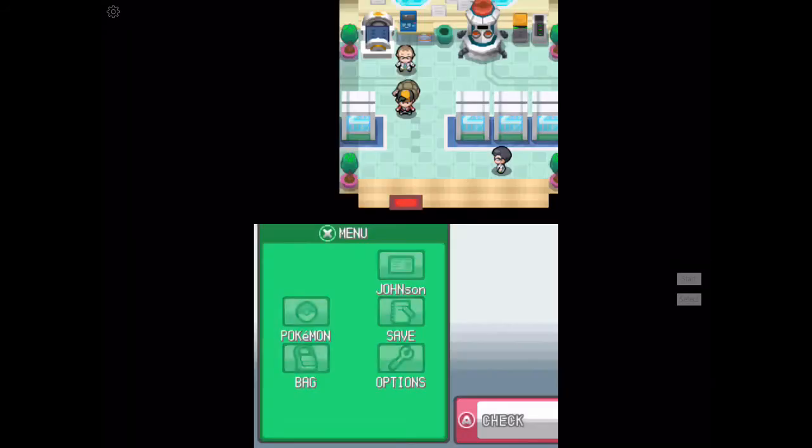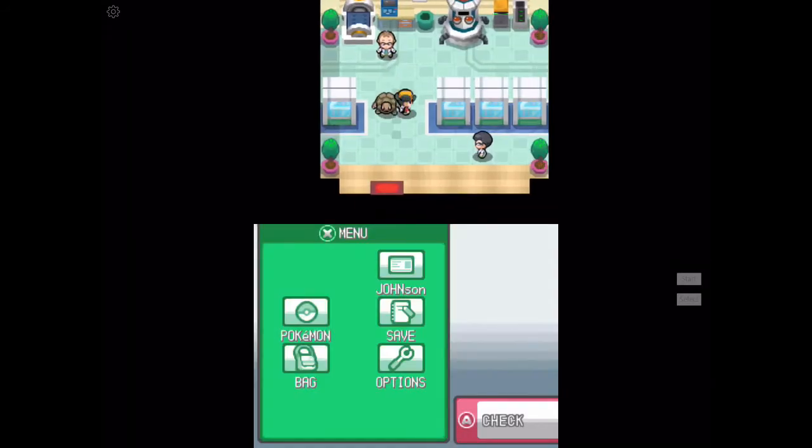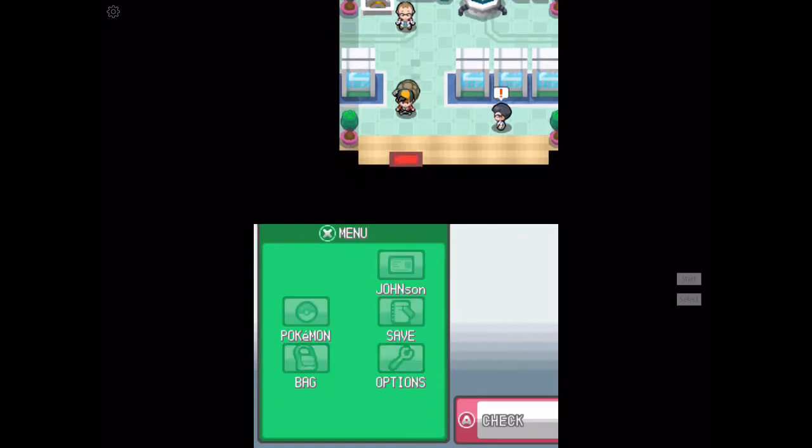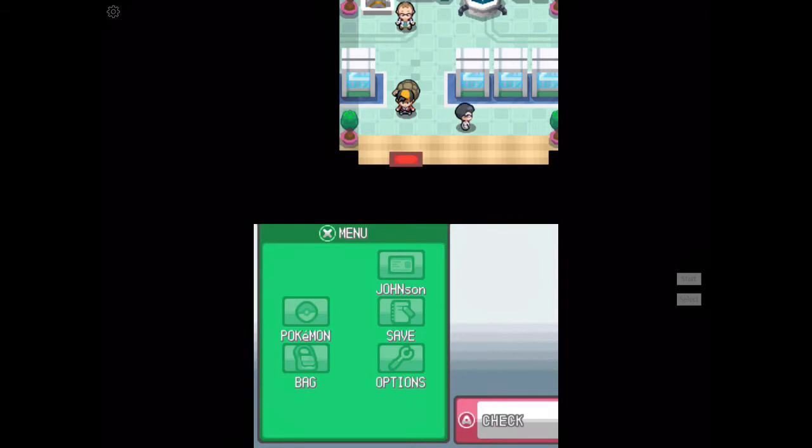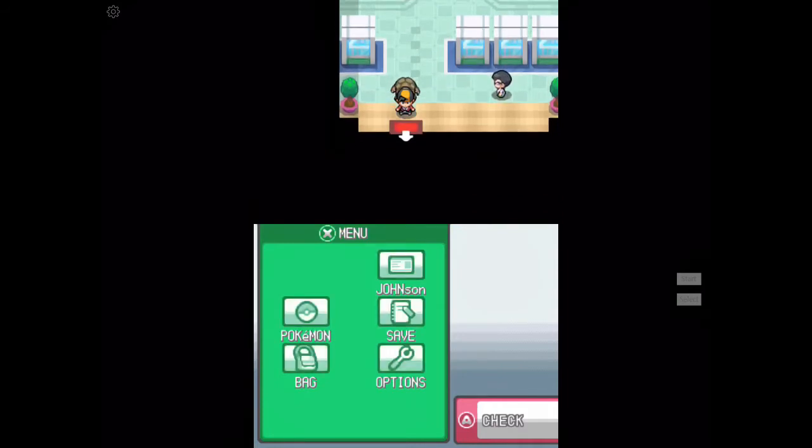Okay guys, I'm back. Hopefully our file isn't corrupt. Oh, there it is. Our file isn't corrupt. We still have Mr. Rock, which is our Golem. If I remember, yep, this guy gives us potions. Because I believe they send us to Mr. Pokemon's house,